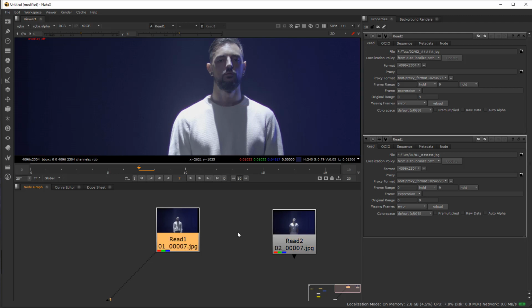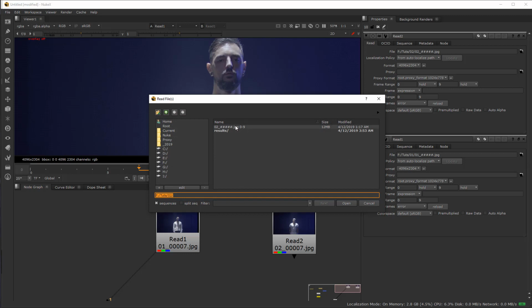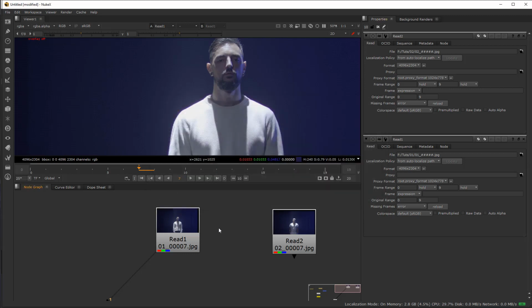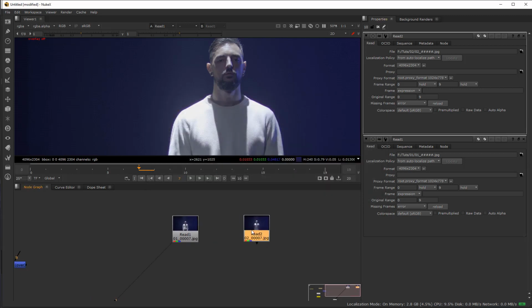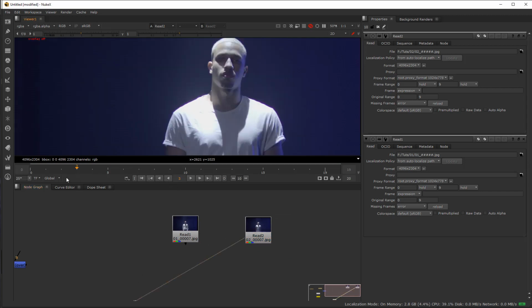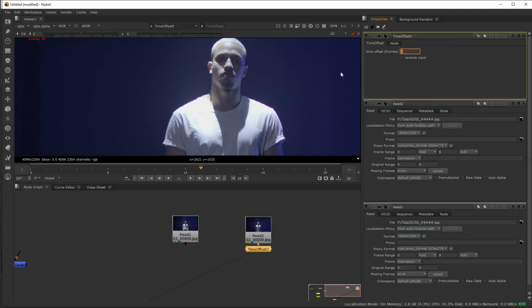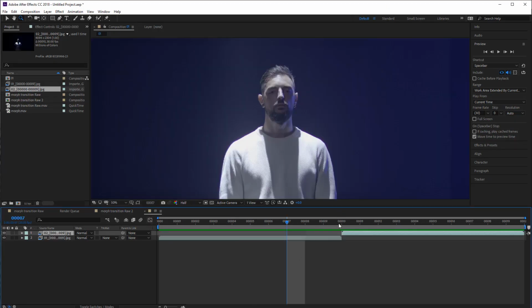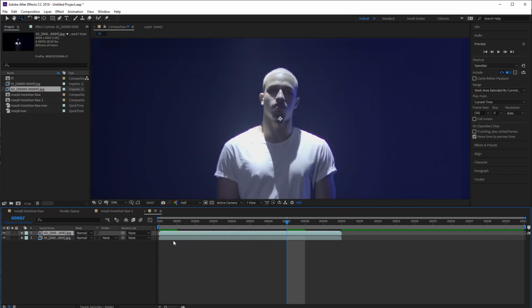The A and the B. To import a clip, you just need to press R and then select the file, right? I'm going to offset this one because it still starts at 0 and finishes at 10, and at 10 it doesn't move. So I'm going to offset this, time offset, and offset it 10 frames, like in After Effects. There, see, offset 10 frames.